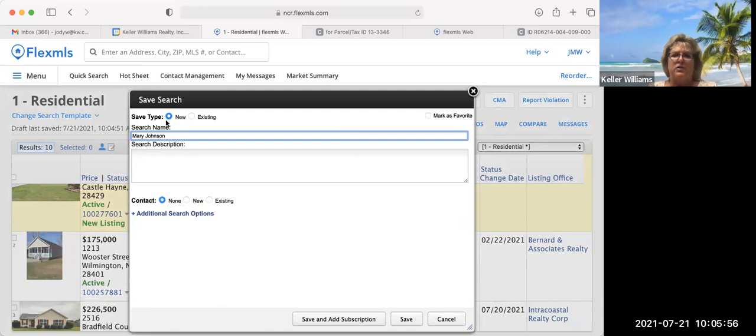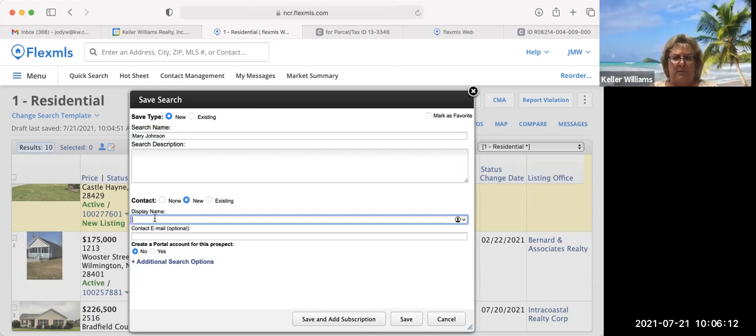Okay, this is a new search. And then it allows you to assign it to a contact. So if I don't change anything, it's not going to assign it to a contact. So I'm going to go to new and I'm going to create a contact